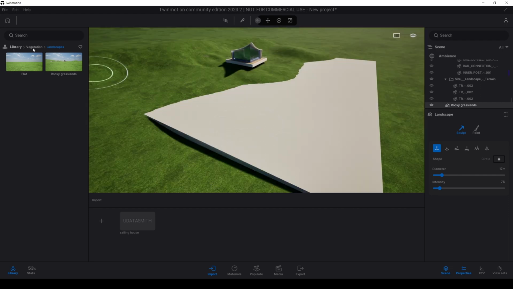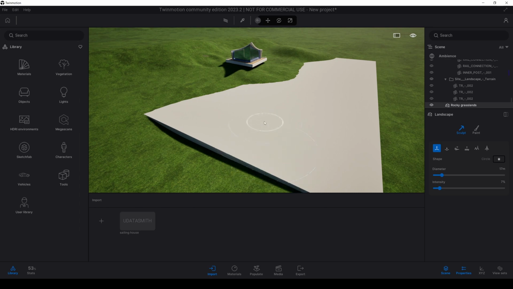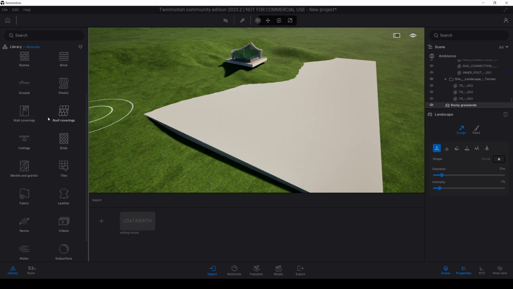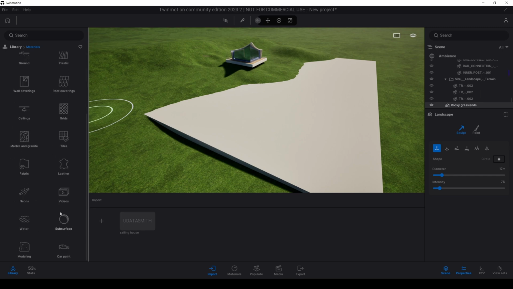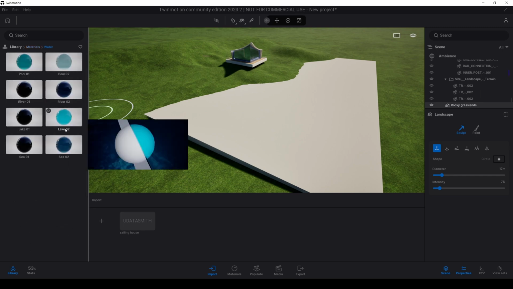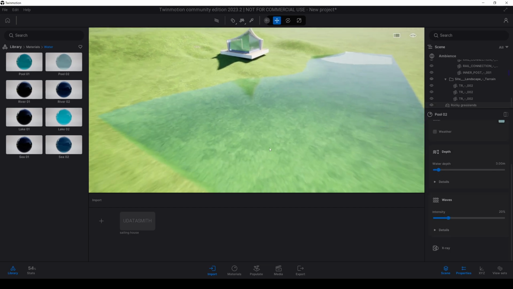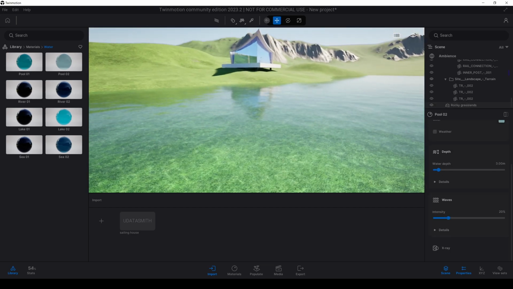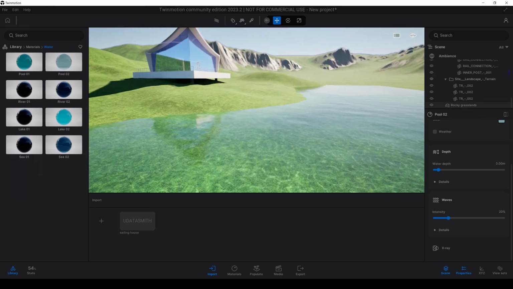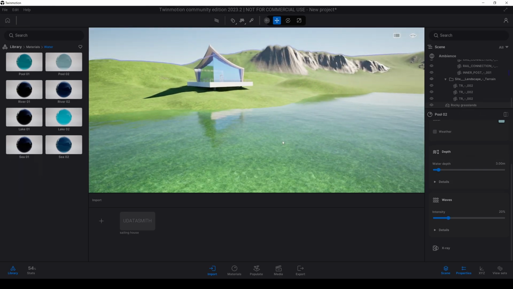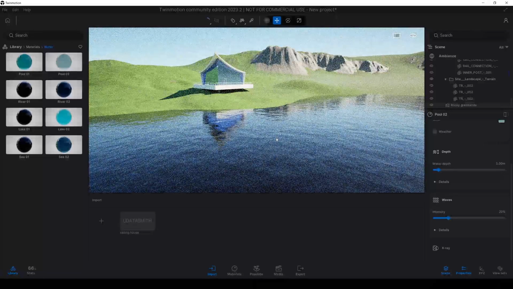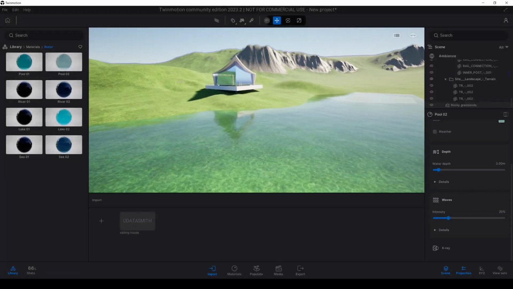Now to move further, I need to assign a material for this border. If I were to assign the border material, well, it's not working. Actually, it's working.